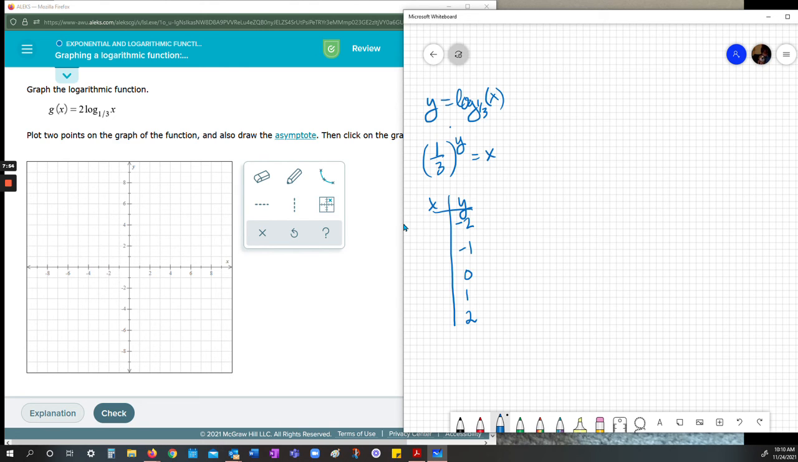So 1/3 to the -2 is going to be 3 squared, or 9. And then 1/3 to the -1 is just 3. 1/3 to the 0 is 1. 1/3 to the 1 is 1/3. 1/3 squared is 1/9. So then if we graph this thing,